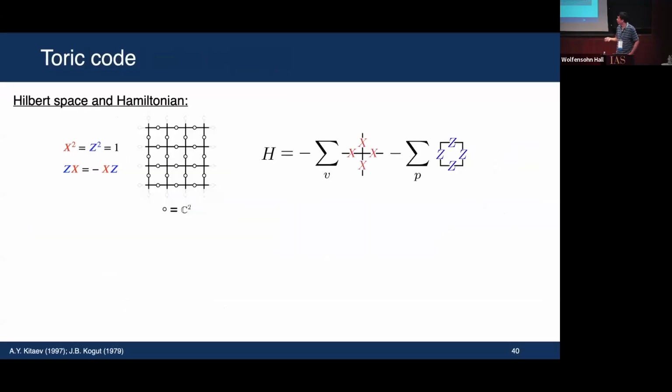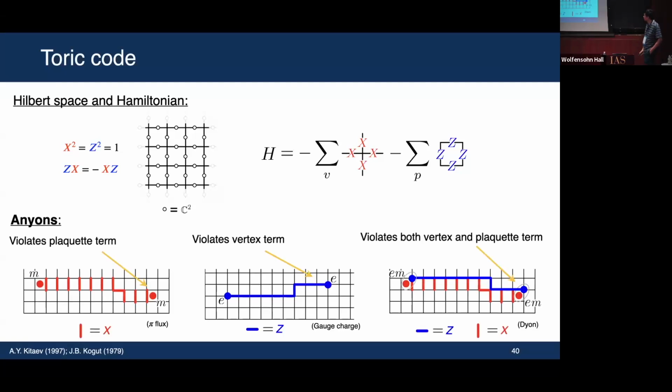Okay. All right, so now to define the example, I'd like to first quickly review the toric code, which probably you have seen too many times. But let me just state what this is. So this is the standard toric code model where you have qubits on the edges of a square lattice. Okay, so X and Z are the Pauli operators. And we have these two terms in the Hamiltonian, the product of X around a vertex and the product of Z around a plaquette. Okay. You sum over all of them. And this is a commuting projector model. All the terms commute.